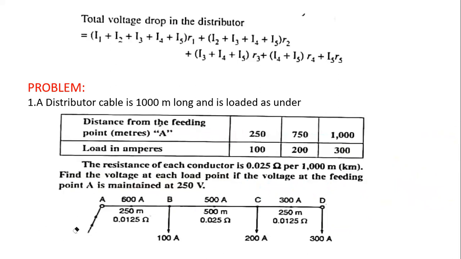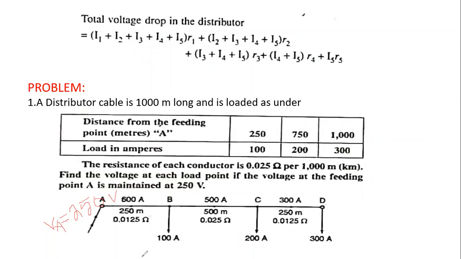Okay, this is the distribution fed at one end. That is the A point we are giving. This is VA. Distribution fed at A point VA. What is the voltage at VA point? What is that voltage? That is 250 volts. The voltage at the particular sending end is 250 volts.